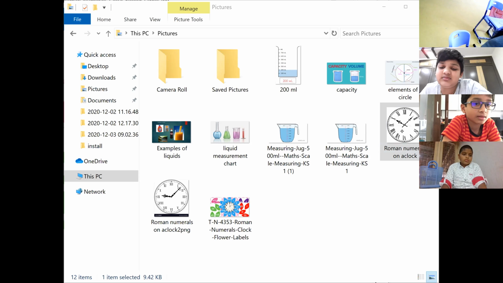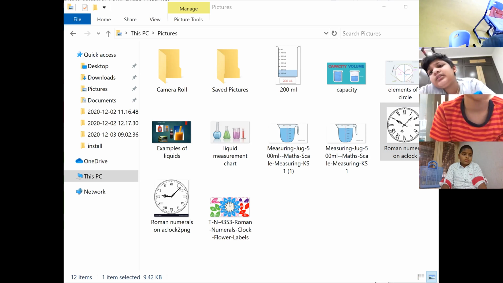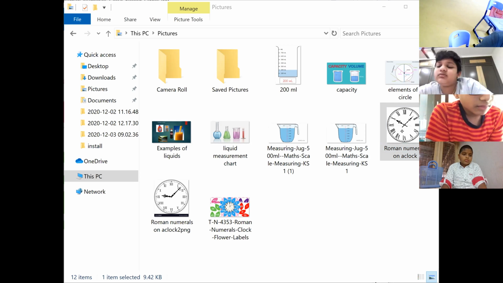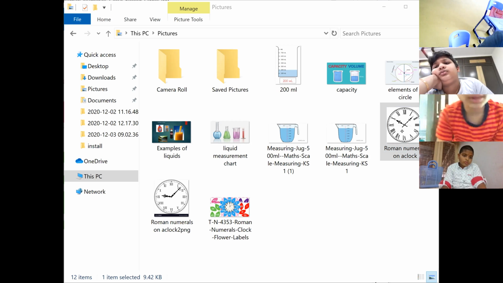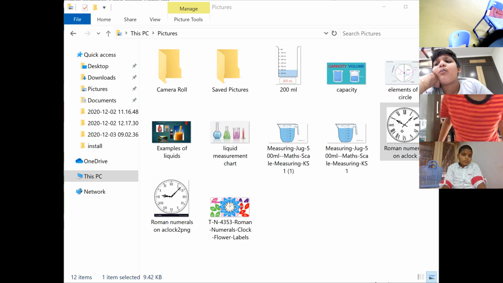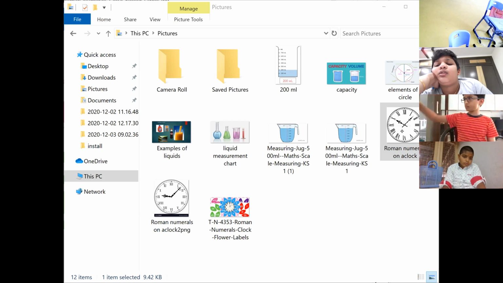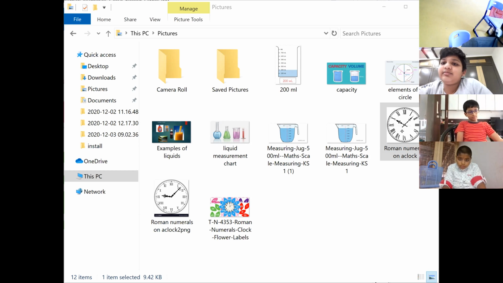For this kind of purpose, it is easy to represent Roman numerals. Why? Because fewer numbers are there. On the face of a clock, we use only 12 numbers, right? So we can use them for such purposes. You all know these numbers, right? Roman numerals you have learnt last year. What is the time you can see here with these Roman numbers?